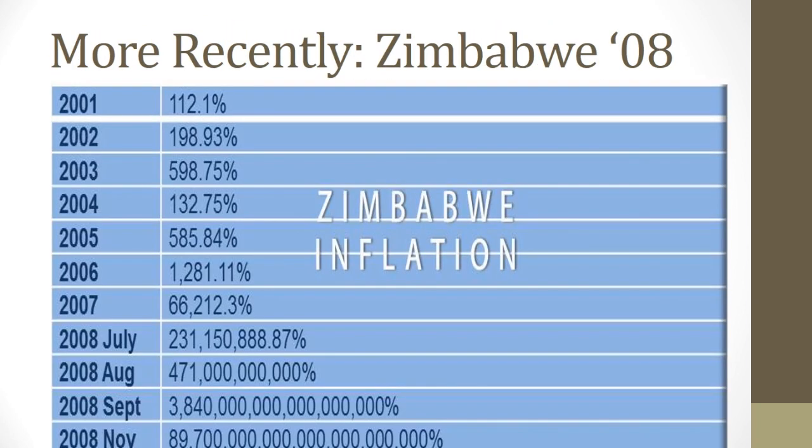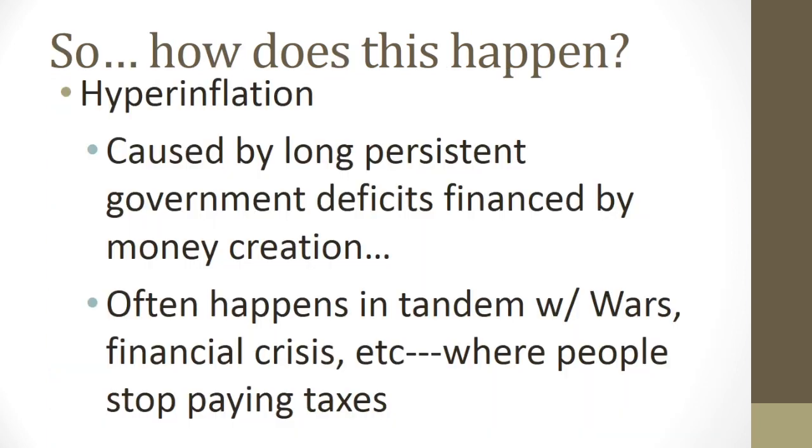So, even more recently, in 2008, we see that Zimbabwe's currency in 2001 was 112% to the dollar. That's relatively stable. But as we look down the line, the longer we go, we see that it eventually got out of control and it grew exponentially. So how does something like this happen? Well, it's called hyperinflation. And it's when the value of your dollar decreases so rapidly that your currency essentially becomes